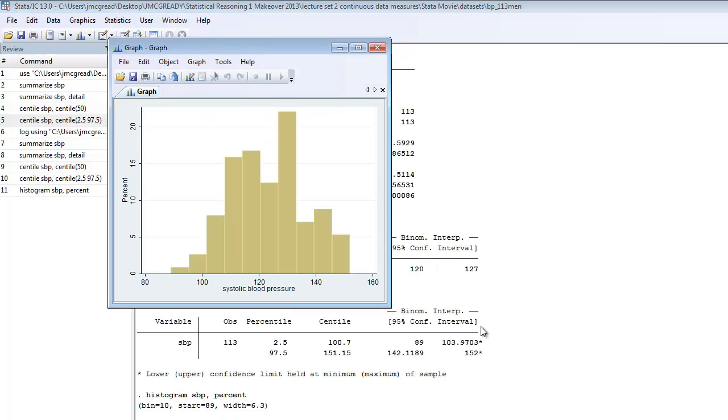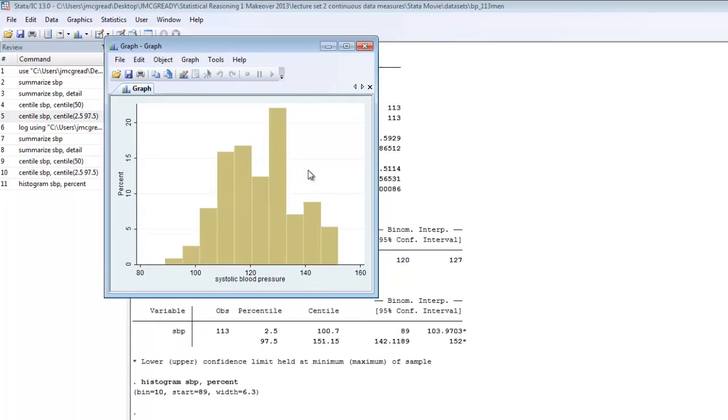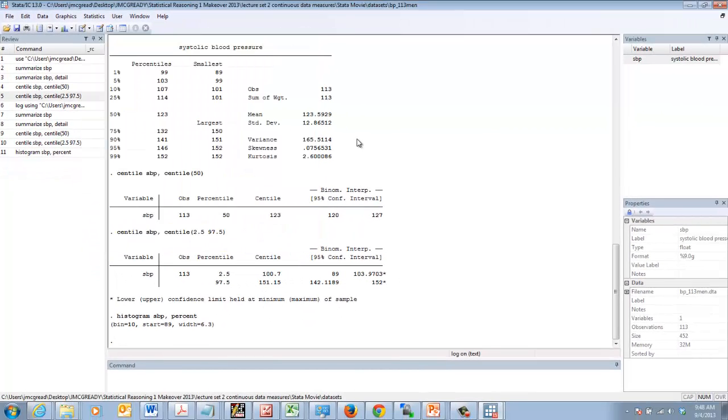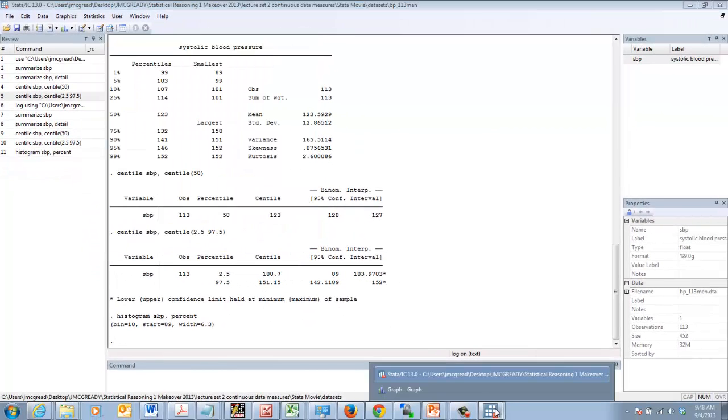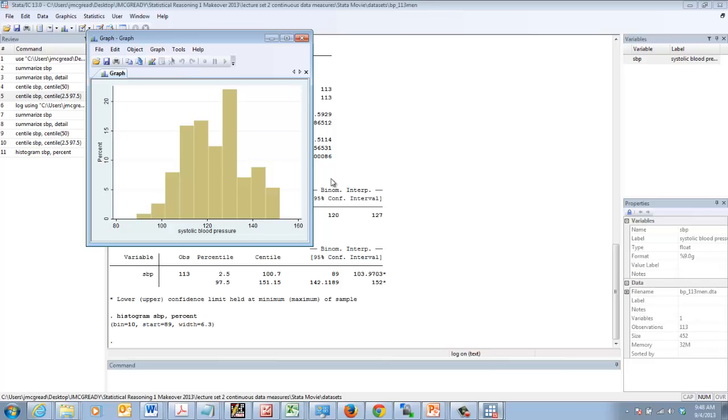and then this graphic pops up in my window here. One thing to note is that this graphic appears in a separate pop-up window. It does not appear in the results window. So this graphic will not be saved in my log file, and in the next movie I'll show you how to save this graph as a separate object. I'll also show you how to make it fancier, change some of the characteristics to make it visually nicer, give it a title, etc. But this is just to get us started and show you what we can do